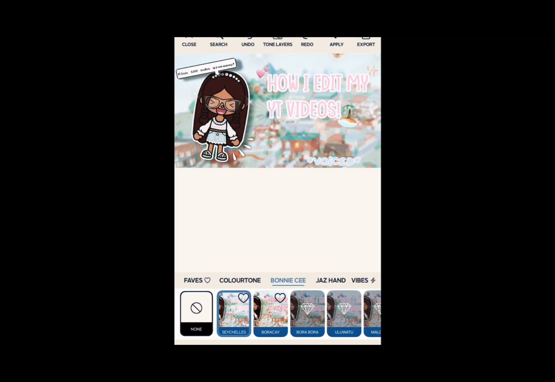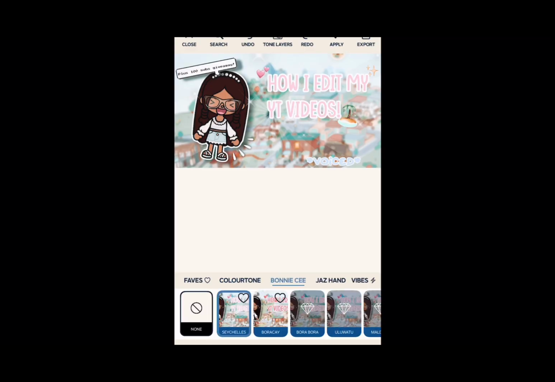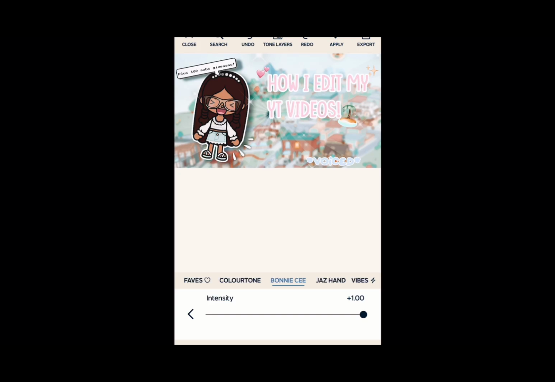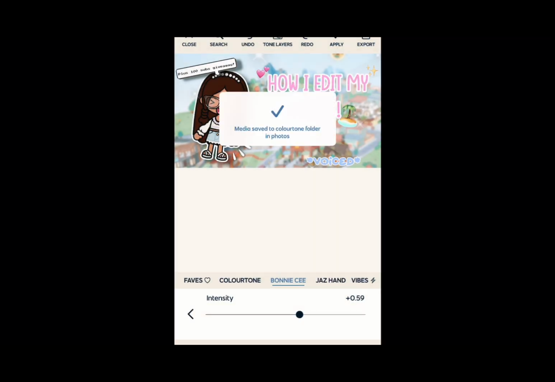If this is too pale for you, click at the bottom, click adjust. Oh no, don't click adjust actually. Go back to the filters, click on the seashells one, and you can lower the intensity. This is how it was before and after. I like to put it at like 80 to 60, so it looks a little bit less intense, and you can still see the main colors shining through. So yeah, that's what I do. Click apply, export, save to device. Okay, so that is how I